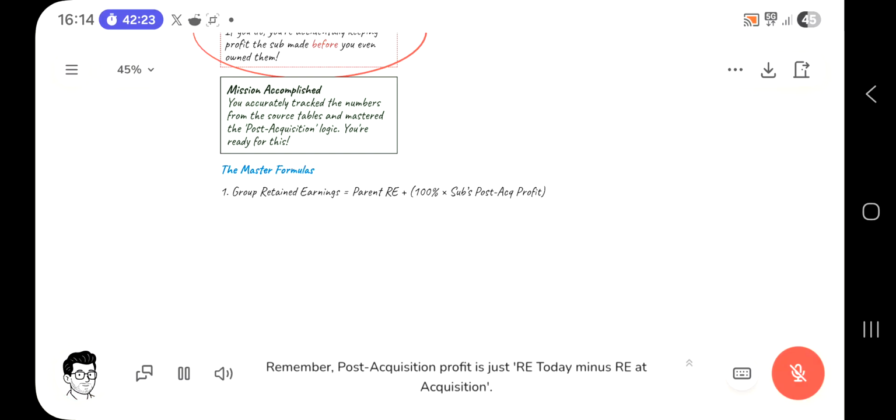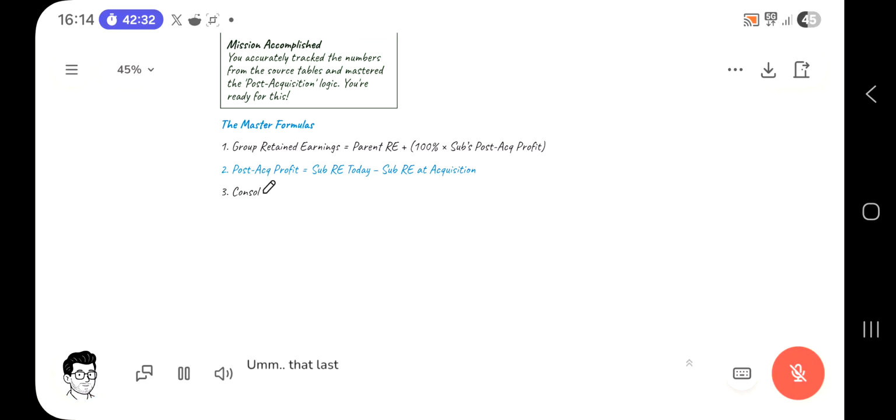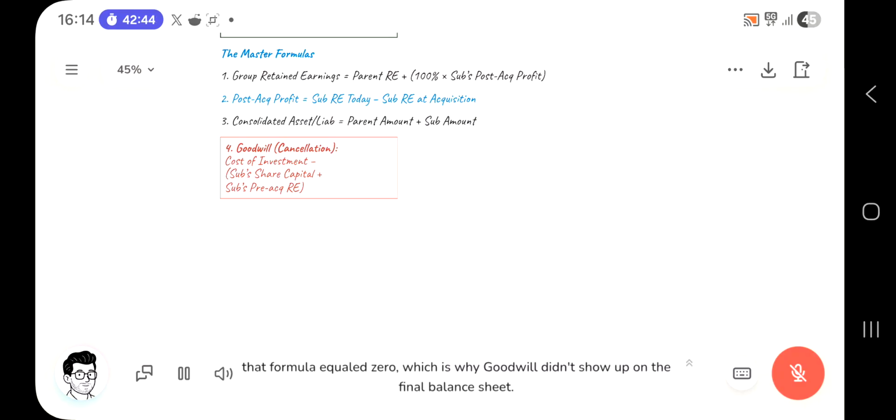And for the assets and liabilities, it's the line-by-line formula. This last one is for the cancellation work. In your activity 3, that formula equaled 0, which is why goodwill didn't show up on the final balance sheet. Do those equations make it easier to visualize what we're doing with the numbers from the